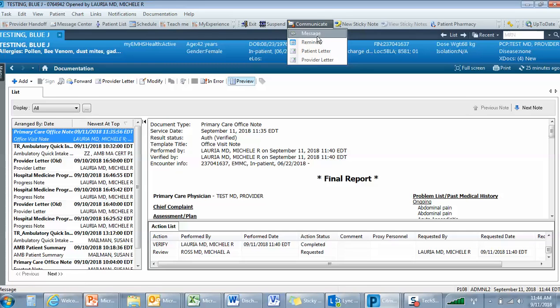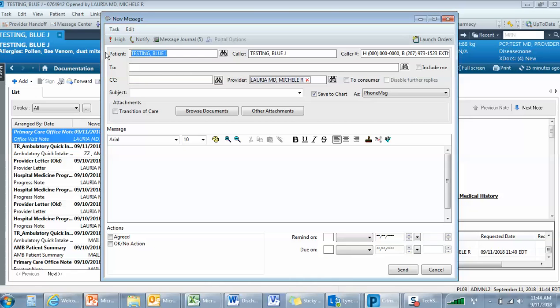I go to this Communicate button. You can see provider letters here, and I can also go to Message. What's nice about messaging is you don't necessarily have to have a patient in there. So if I were on call and I took a phone call about a patient that didn't have a medical record number, I could document what I said on that phone call here in Message Center, send it to myself, and then wait for that patient to get a medical record number through registration, and then save that to the chart. I could also send that documentation of the information I received maybe to the next person coming on call, and then they would have it. And then once the patient got a medical record number, they would be able to see the